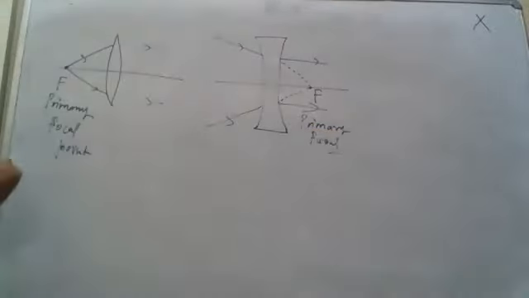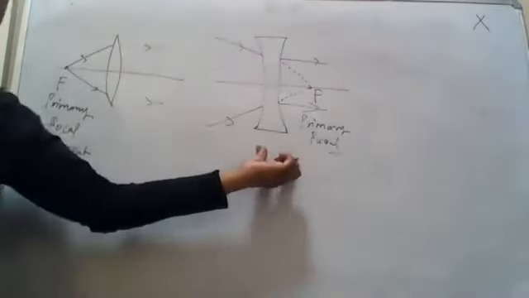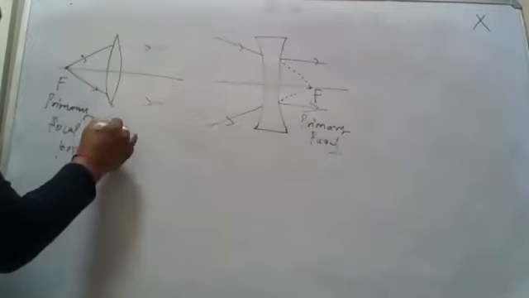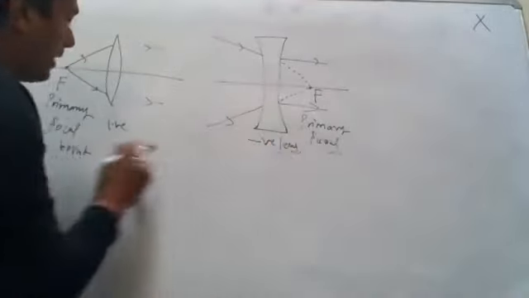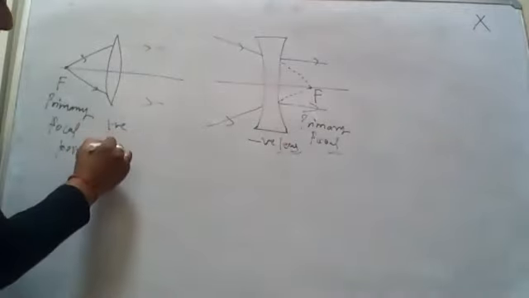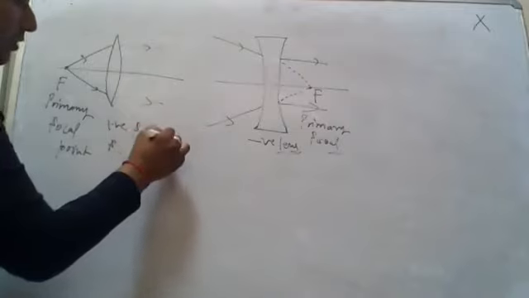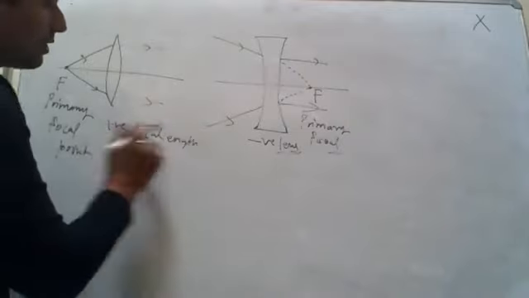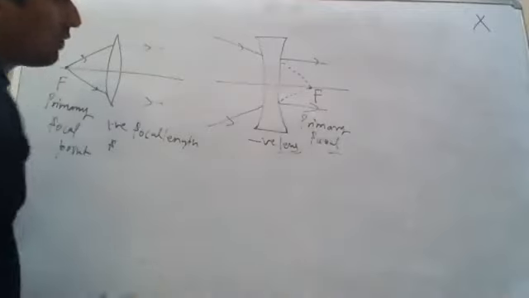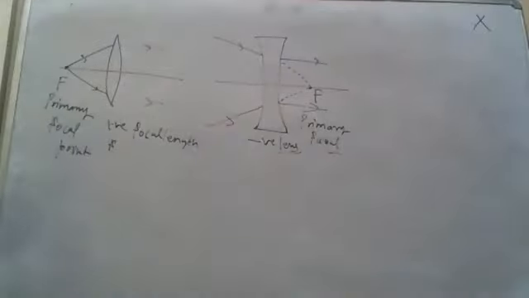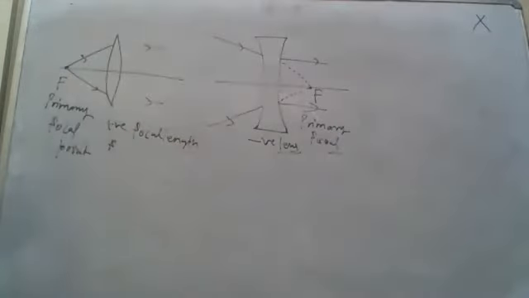Okay. So these are the two cases for the convex lens and the concave lens. This is known as the positive lens, and this is known as the negative lens. Because this one has a positive focal length, it is called the positive lens, and this one has a negative focal length. That's why it's called the negative lens. Similarly, one can define the secondary focal points for the two cases.